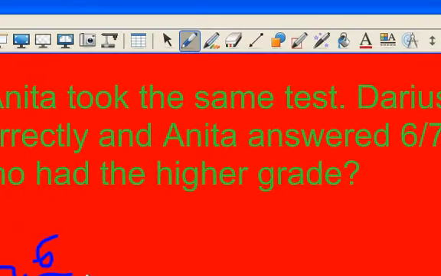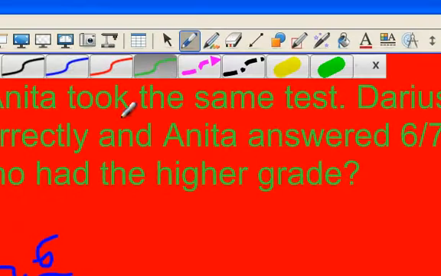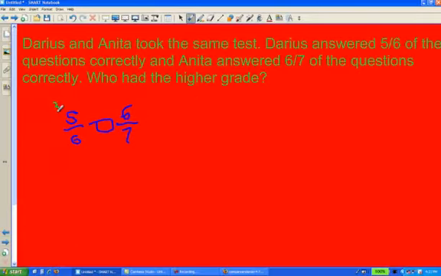Well, I know we've done a lot with common denominators, but I'm actually going to use the shortcut here. 5 times 7, if I cross multiply, is 35. So I'm going to put 35 right above here. Whatever numerator you use, you put the product right above the numerator you use. So I'm going to use this numerator this time. I'm going to put the product of 6 times 6 right above that numerator, and I get 36. And 36 is, of course, bigger than 35. So Anita got the higher grade. Hopefully that helps with comparing